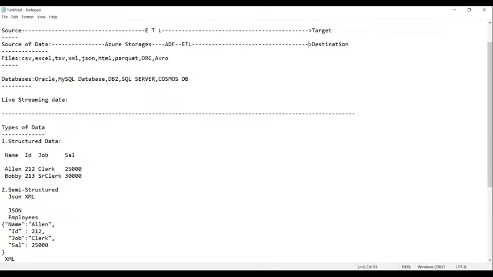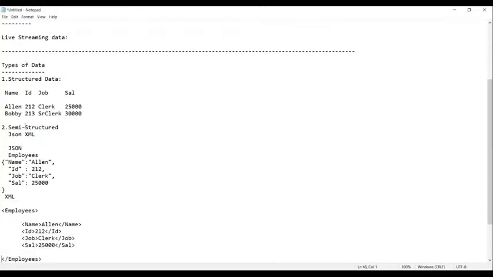Now, what are the storages we have, and which storage stores what type of data? Let us try to see this. Everyone knows now what the source is and what the types of data are. So let us see here.